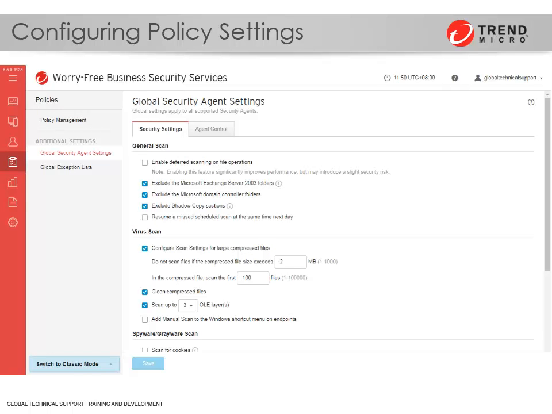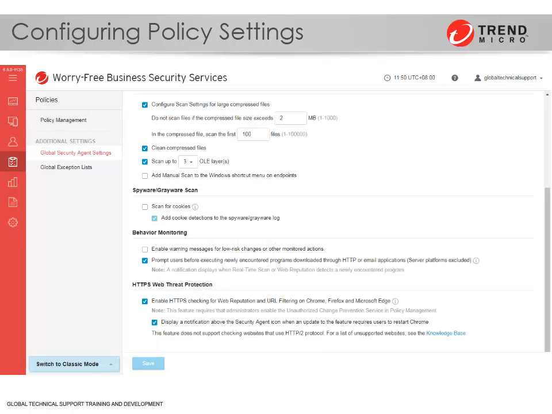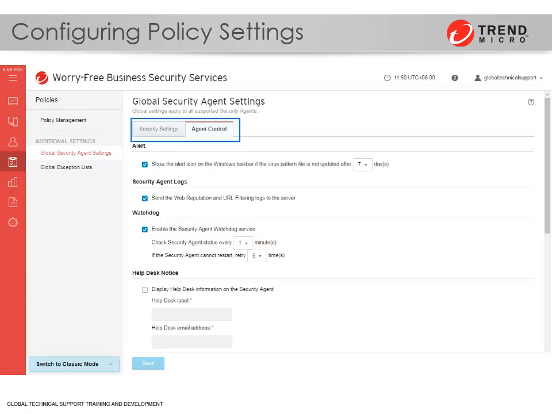To configure global settings that apply to all managed security agents in the Advanced Mode user interface, go to the Additional Settings section in the Policies page. The Additional Settings section is composed of Global Security Agent Settings and Global Exception Lists. In the Global Security Agent Settings pane, two tabs can be found. The Security Settings tab, which comprises settings for General Scan, Virus Scan, Spyware/Grayware Scan, Behavior Monitoring and HTTPS Web Threat Protection, and the Agent Control tab, which comprises the settings for Alert, Security Agent Logs, Watchdog, Help Desk Notice,